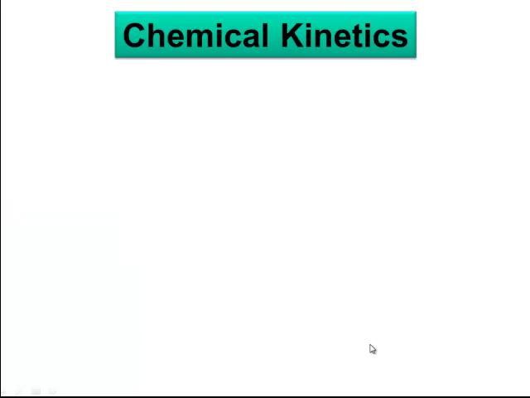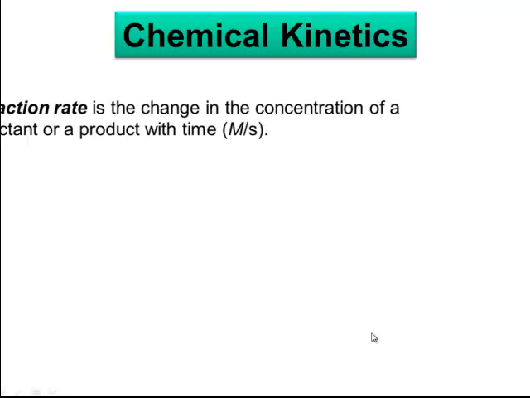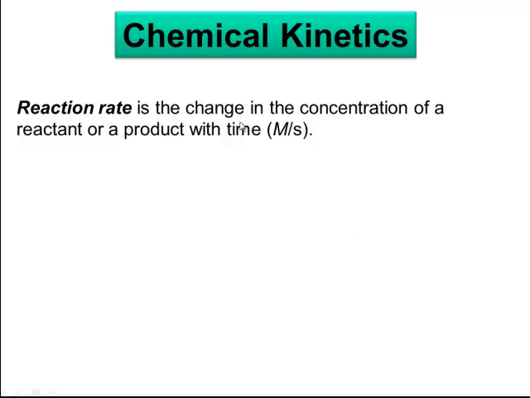Now, first of all, what is chemical kinetics? Chemical kinetics is the study of rates of reactions. And what do I mean by rate of a reaction? Rate is the change in the concentration of a reactant or a product with time. Obviously, since the rate of a reaction represents change in concentration divided by time, it is represented in moles per liter